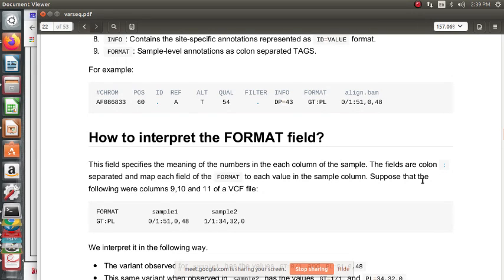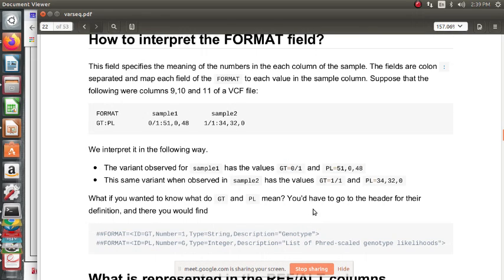Suppose the following were columns 9, 10 and 11 of a VCF file. Format GT:PL, sample 1 0/1:51,0,48, sample 2 1/1:34,32,0. We can interpret this in the following way.